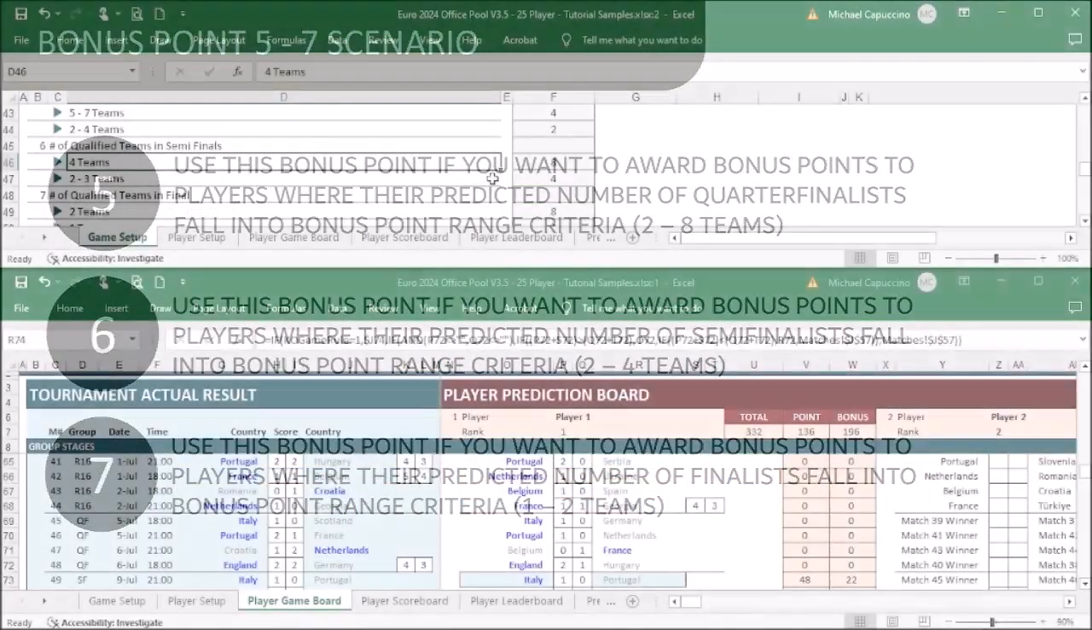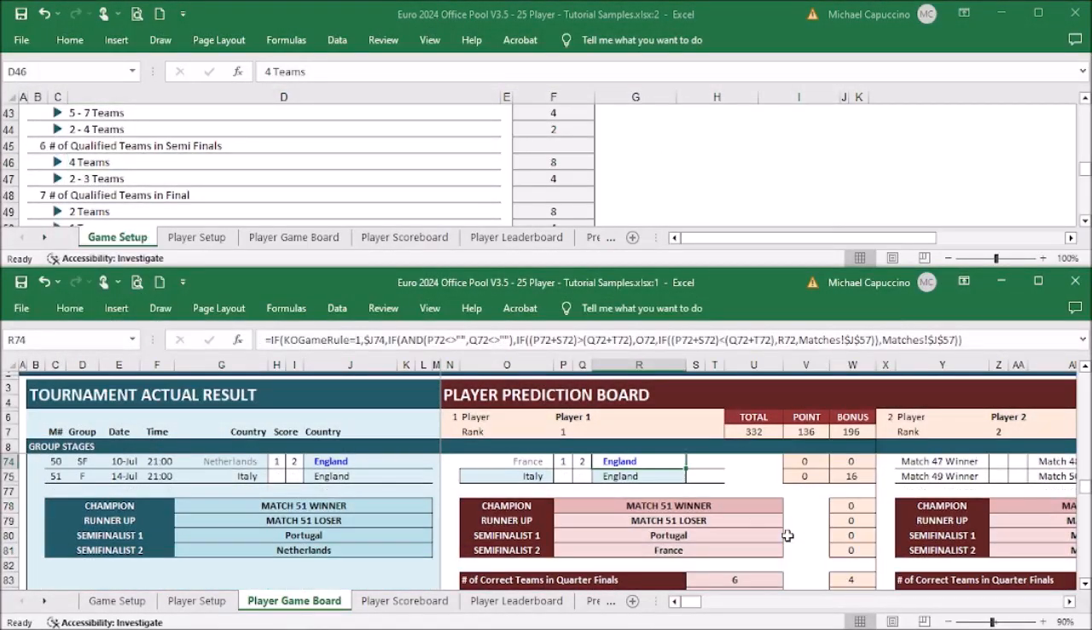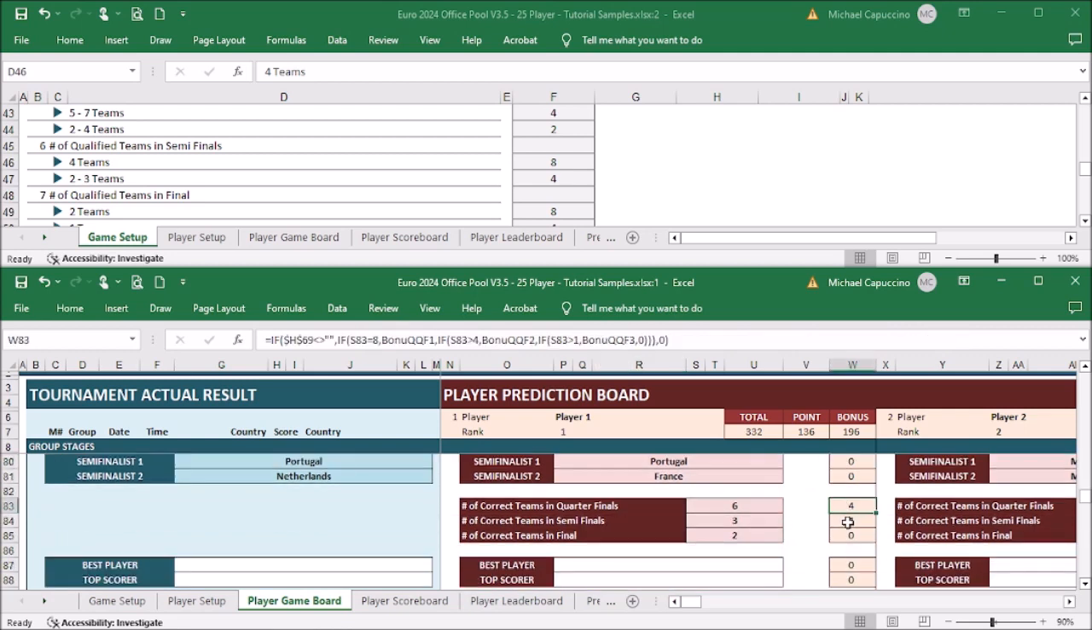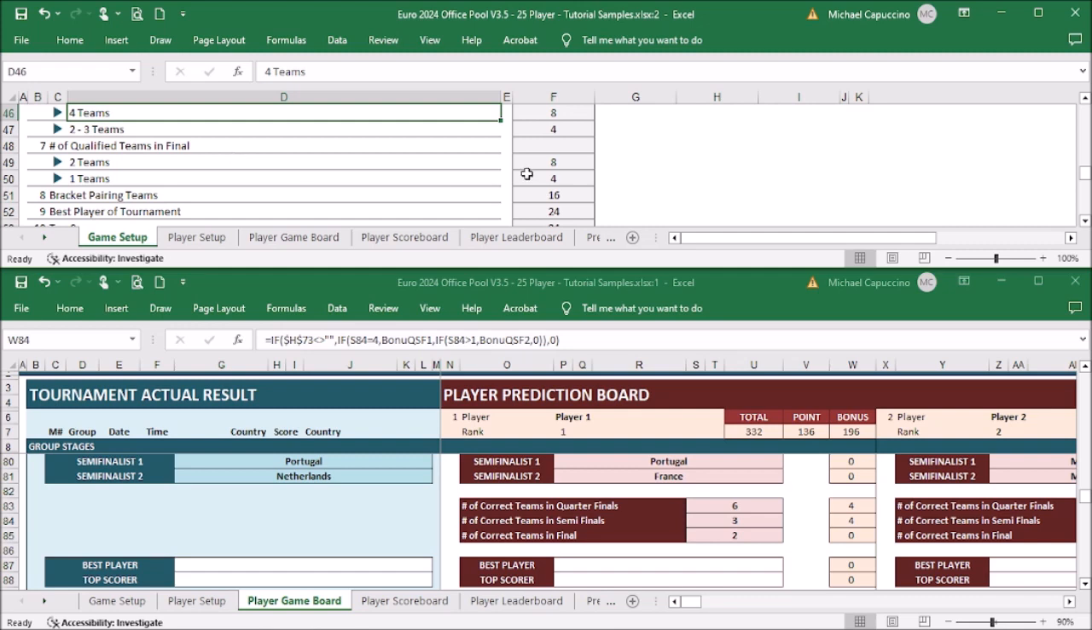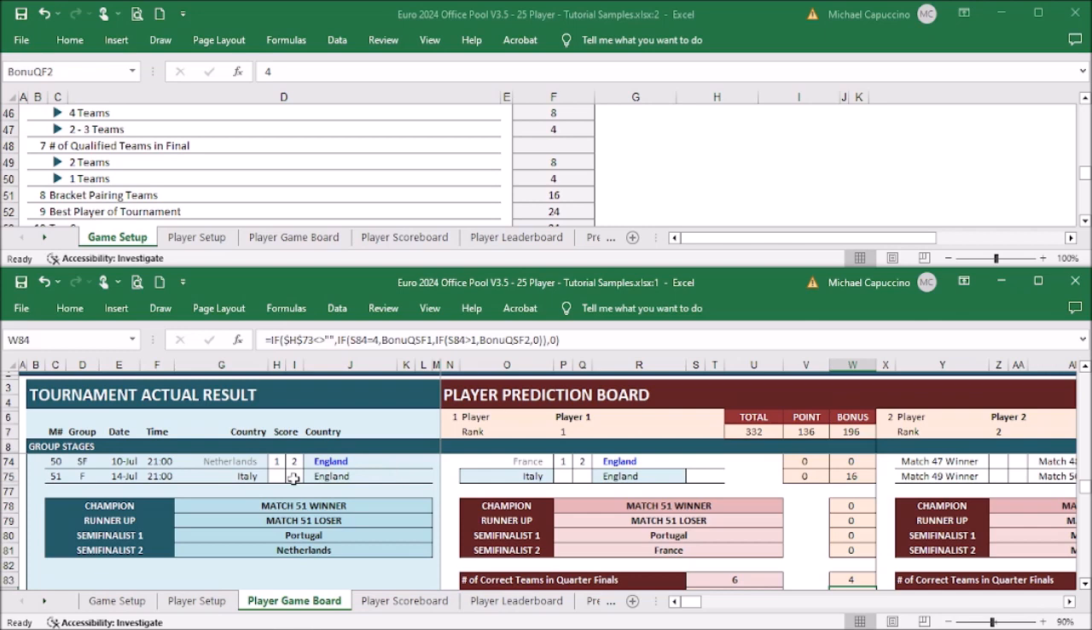The number of qualified teams in quarterfinals, semifinals and final are also counted to get more bonus points. As you can see in this simulation, the numbers of teams predicted by the player are 6 teams in quarterfinals, 3 teams in semifinal and 2 teams in final. It made the player get an additional 4 points for quarterfinals, 4 points for semifinals and 8 points for